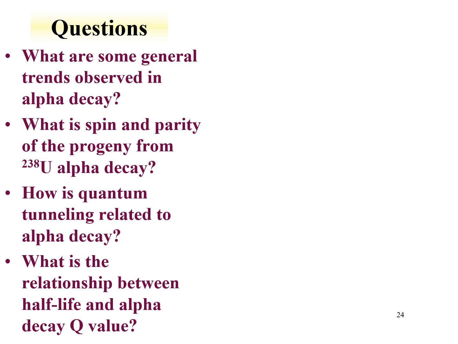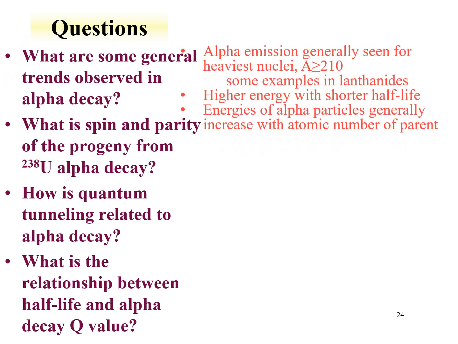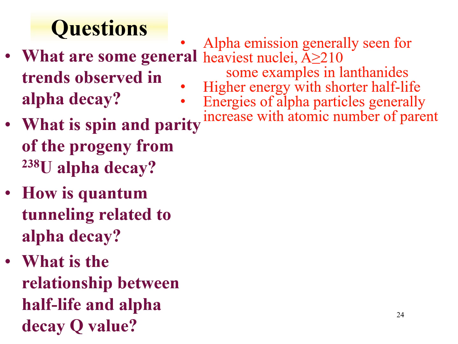Based on the results from the lecture, you should be able to discuss some general trends that are observed in alpha decay, and examples could be that alpha emission is generally seen for the heaviest nuclei in the chart of the nuclides, generally with isotopes of mass greater than 210. So these are the elements above lead and bismuth generally. There are some examples of alpha decaying isotopes in the lanthanides. For instance, we discussed the low energy alpha decay that is seen in